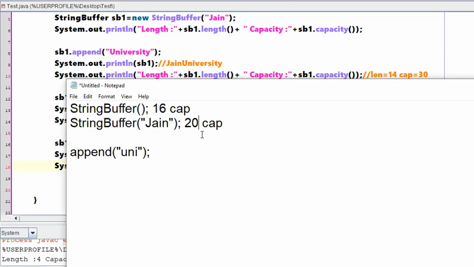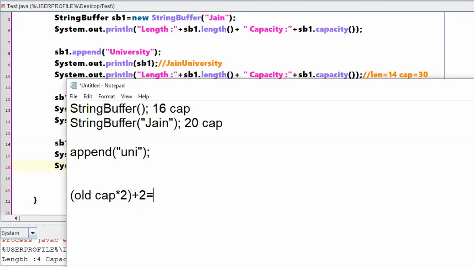How much bigger? There will be some limit for that. You have a formula for that. It is not a complicated formula, it's a simple formula. Whatever is the old capacity into 2 plus 2, this will be the capacity of the new string buffer, right?